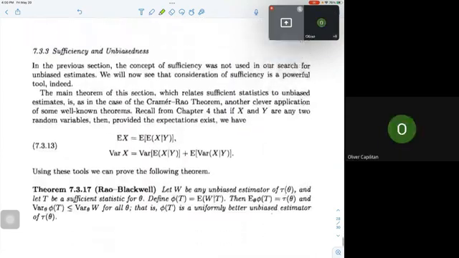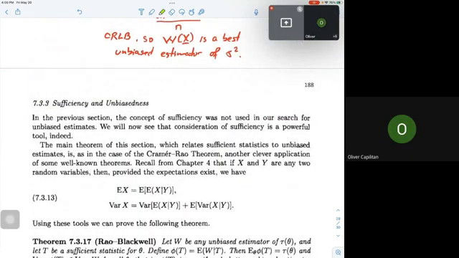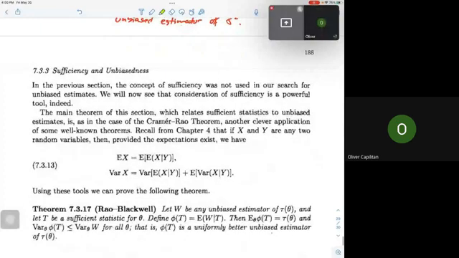Siguro nakalimutan lang dito na part, no? So the concept of sufficiency was not used in our search for unbiased estimates. Pero we have that example that from the sufficient stat, we're able to find an unbiased estimator also, which is a function of our sufficient statistic. So we will now see the consideration of sufficiency is a powerful tool indeed. So the main theorem of this section, which relates sufficient statistics to unbiased estimate, is another clever application of some